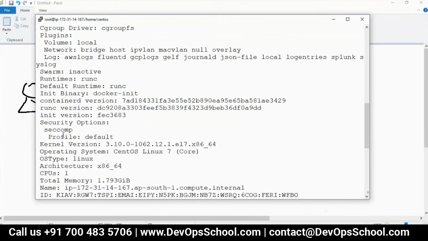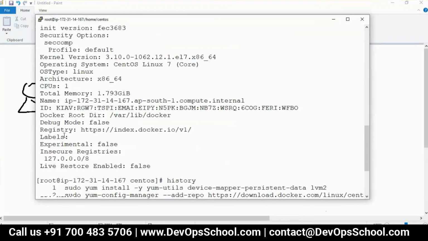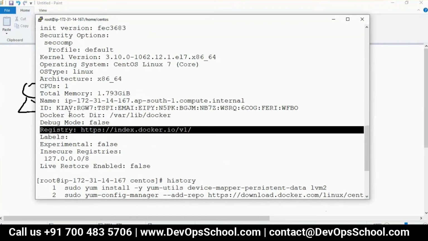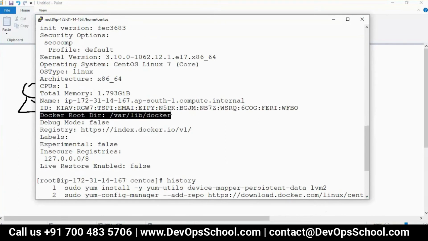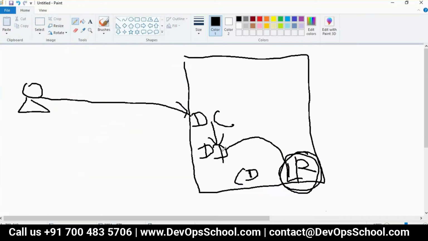Look at it. See here. This is a remote registry. This is the local registry part, /var/lib/docker. So DD, Docker daemon, checks in that: do you have the image which you are trying to create a container with?